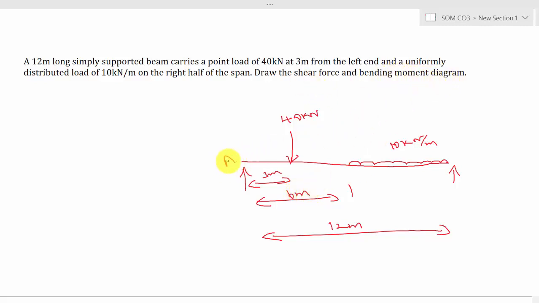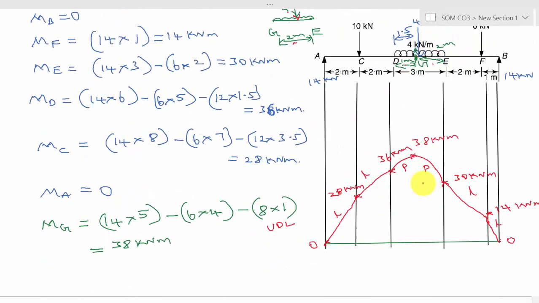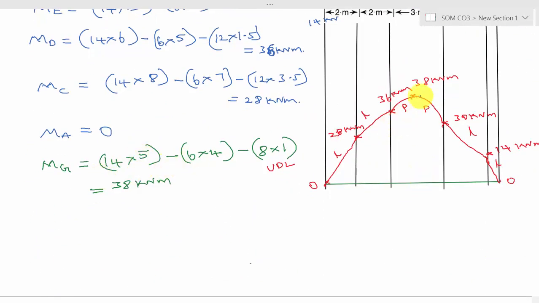So here I can consider A, B, C and D. Okay, so if the shear force is 0 at any point, definitely you will have shear force at 0 at any one point. So that you can consider as A, B, C, D, E. So, and the distance is X. Okay, so first calculate X using this method. So at that point, the shear force is 0. So consider the UDL as into X and you can calculate the distance. And finally, after calculating the distance, you can calculate the bending moment at this location.